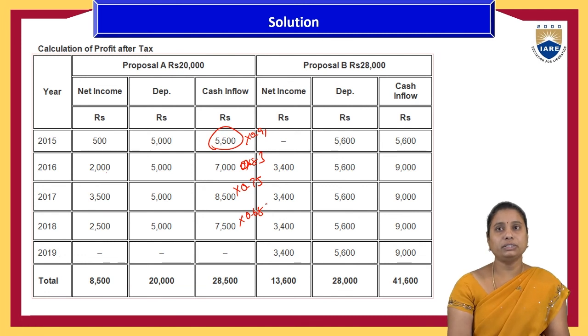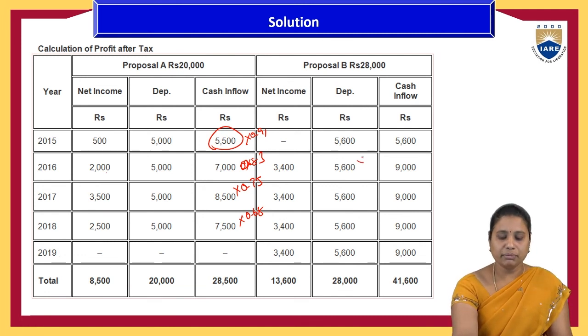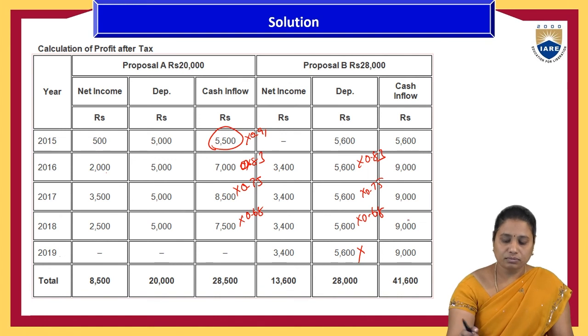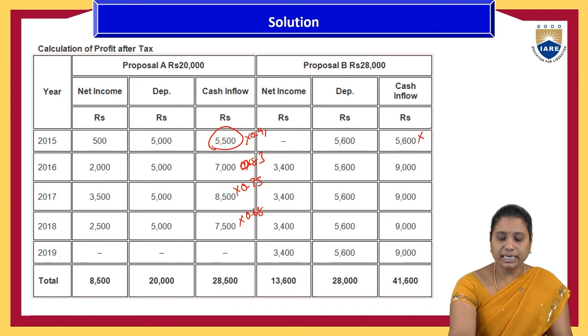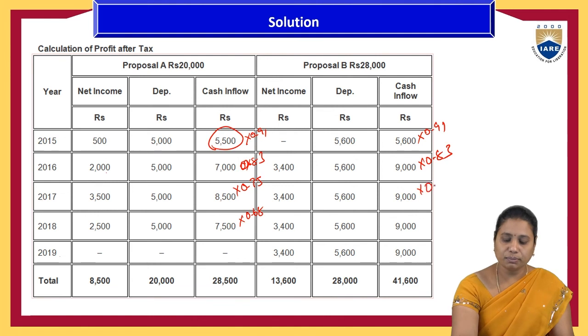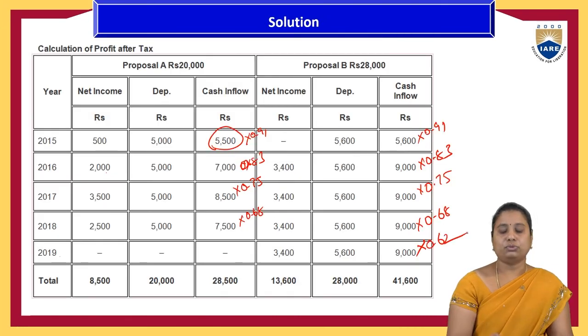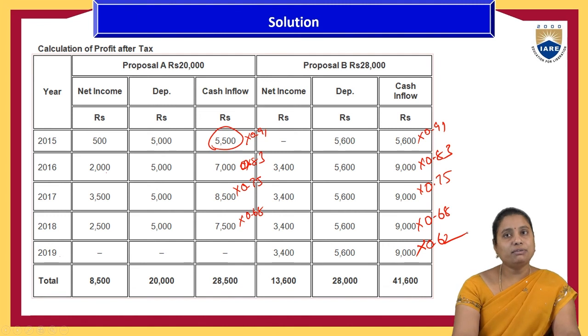Those values we will take into consideration. So here also the same thing: 0.83, 0.75, 0.68. These are the final cash inflows: first year 0.91, 0.83, 0.75, 0.68, and 0.62. If we multiply with these present value factors,